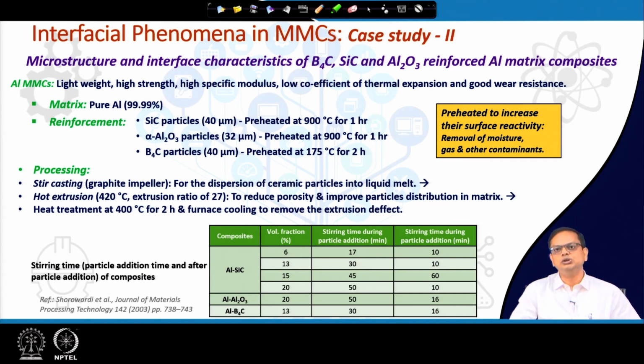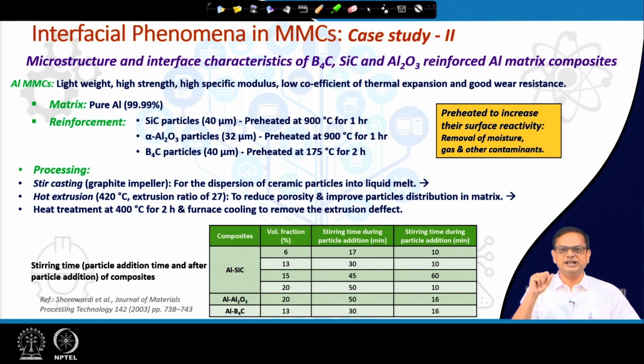Obviously, the first reason is that if there are some entrapped porosities during the stir casting, those need to be removed. Hot extrusion obviously helps in that. So, further densification takes place first. Second, it also helps to some extent to